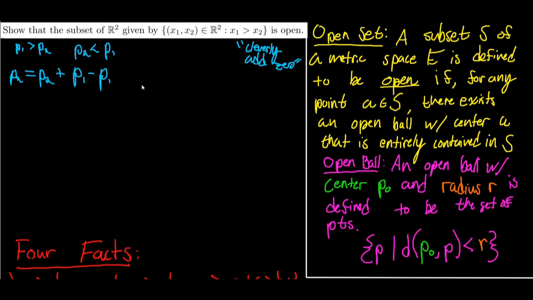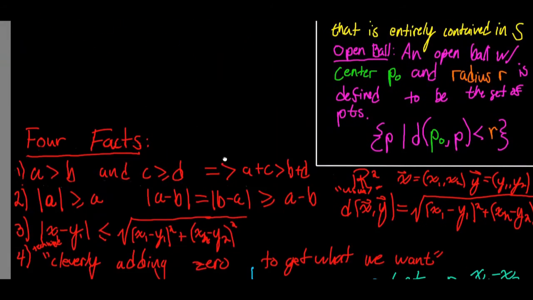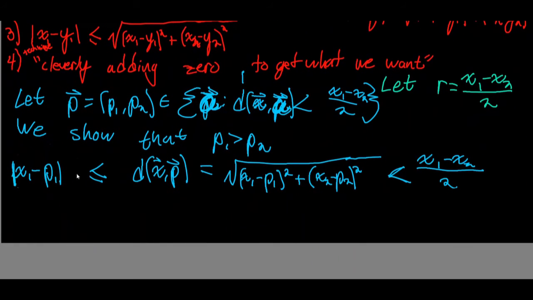And I'm going to deliberately add 0 here again. My adding 0 here is deliberate, I assure you. So p2 is equal to p2 plus p1 minus p1 plus x1 minus x2 minus x1 minus x2. Again, p1 minus p1 is just 0, and x1 minus x2 minus x1 minus x2 is also just 0. And check out what we can do here. We can deliberately group specific terms so that we eventually get an absolute value of x1 minus p1,